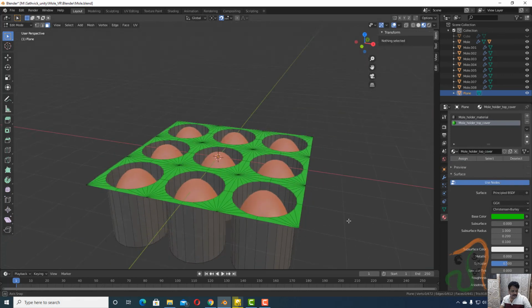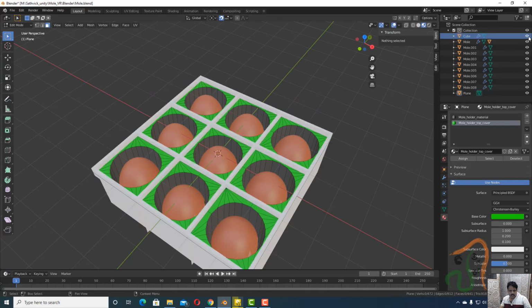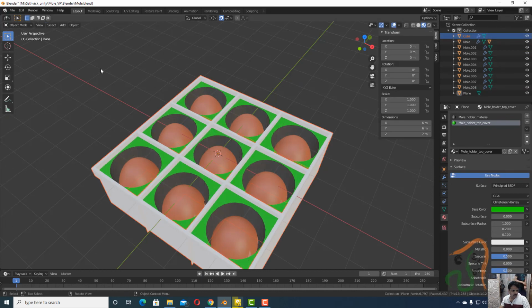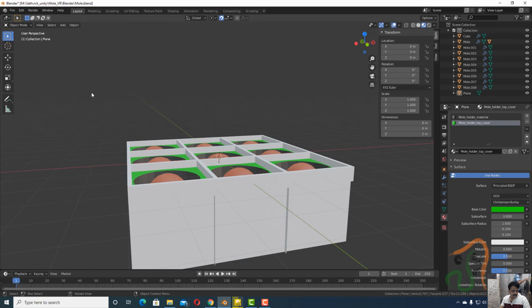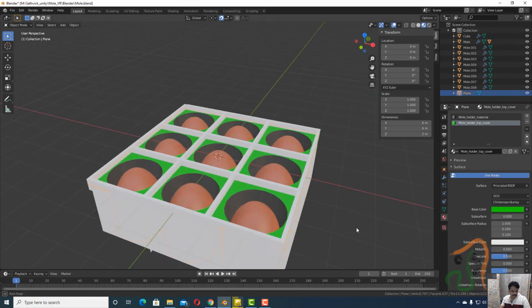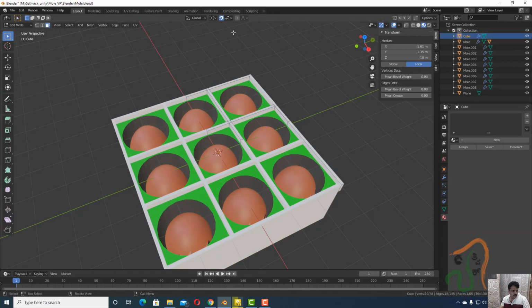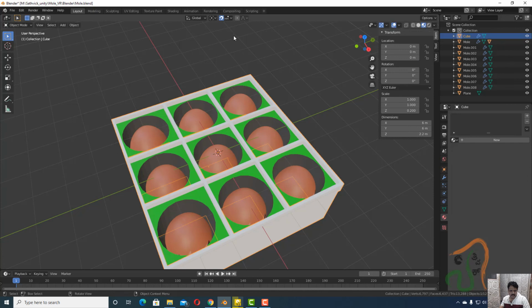So we have a green color assigned here, and then if required, you now switch on the cube. Let us come out of the edit mode and now select the cube. Press tab out. Okay, we have selected the cube now.